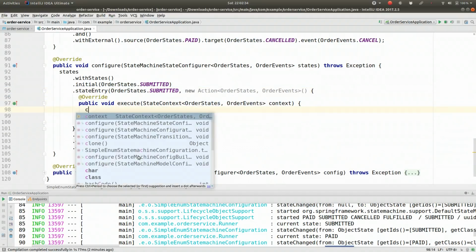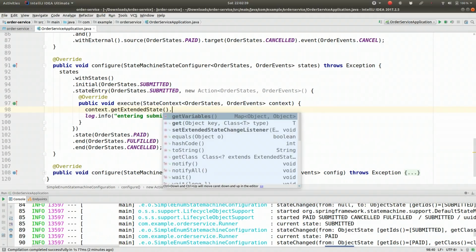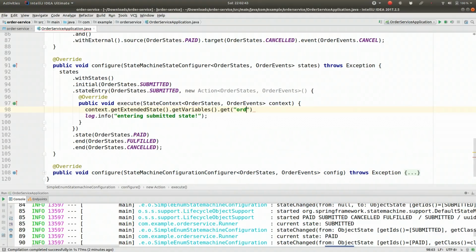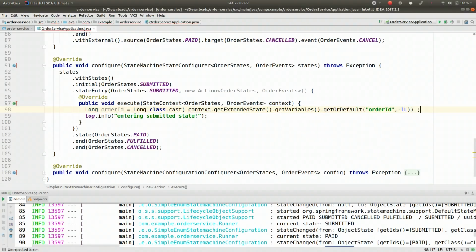So the context, get event, right? This is the event. Get extended state. You can get variables, right? So I can get order ID if I want to. Get or default. So let's say it's -1 long order ID. So I'm now class.cast. There we are. So this is me extracting out either a -1 or an order ID from the extended state in the state